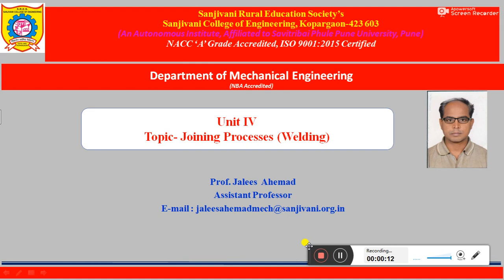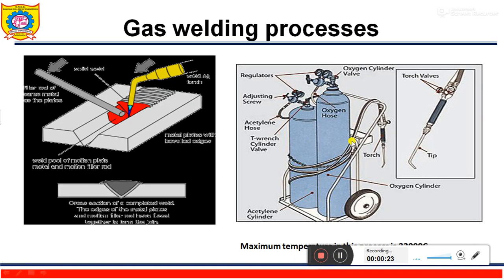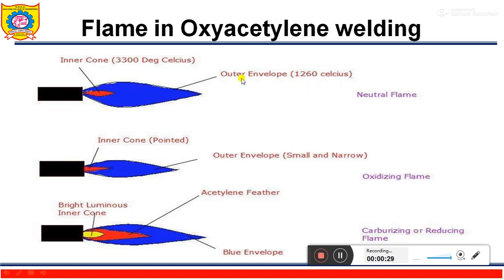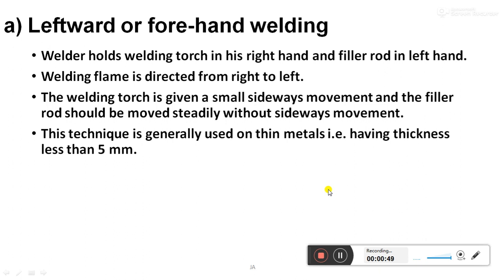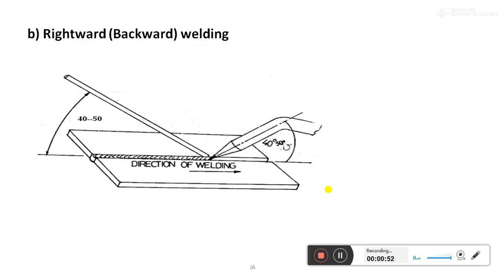In the previous two videos, you have seen the classification, application, and disadvantages of welding. And you have seen gas welding and gas welding techniques, like the various flames in gas welding: neutral, oxidizing flame, and carburizing flame, and various techniques like the leftward technique. What is leftward? What is the direction of the welding in the leftward technique? How does the welding torch move? Then in the rightward technique, how does it work, and what is the direction?